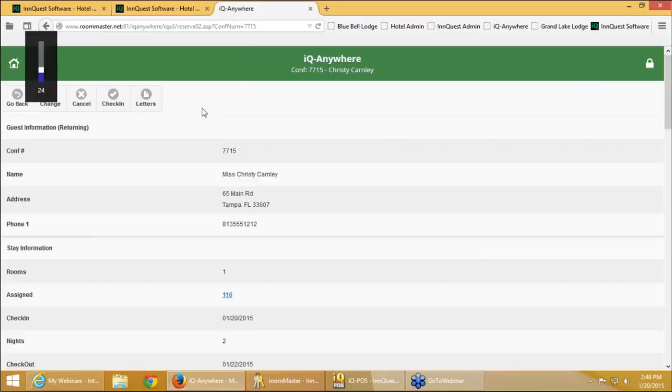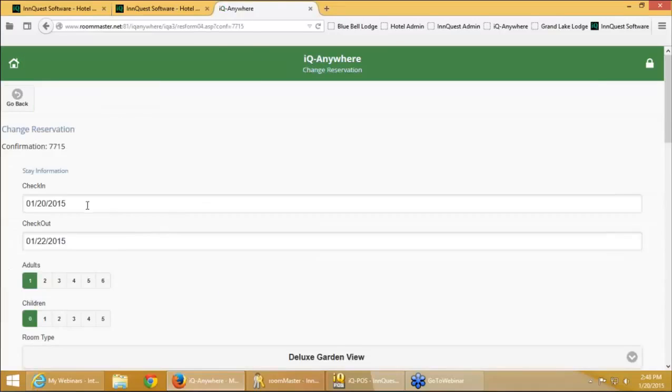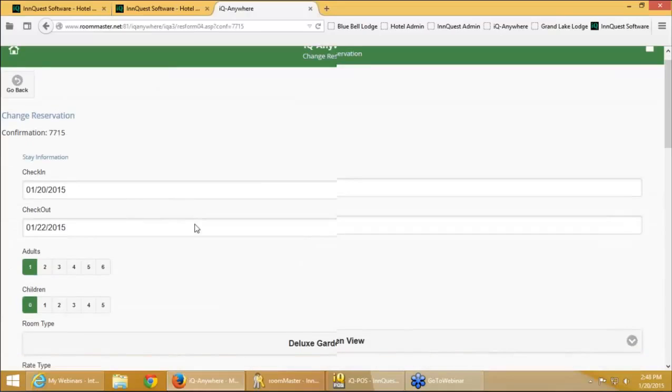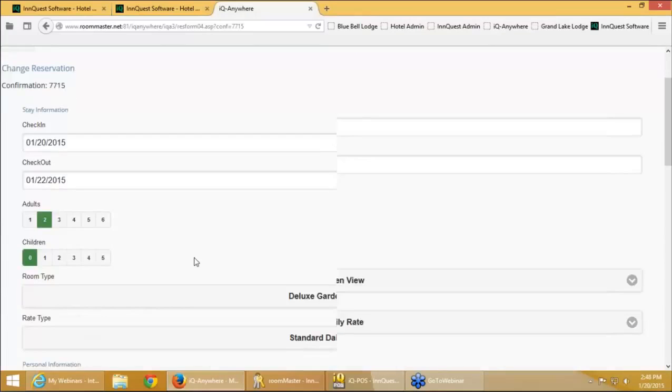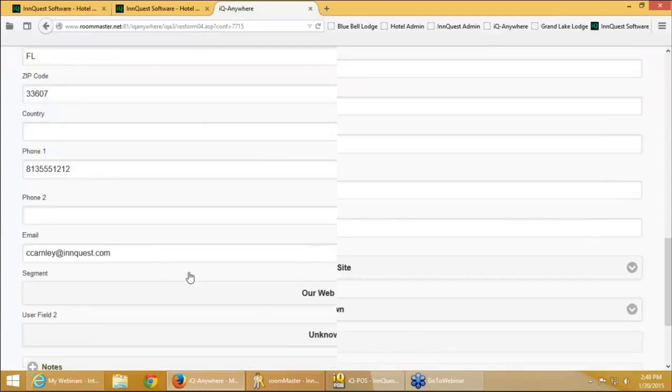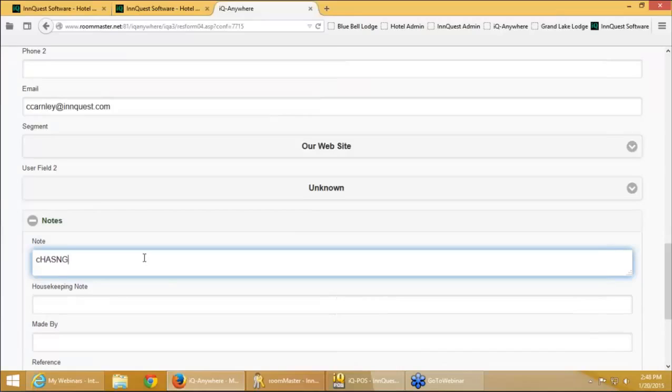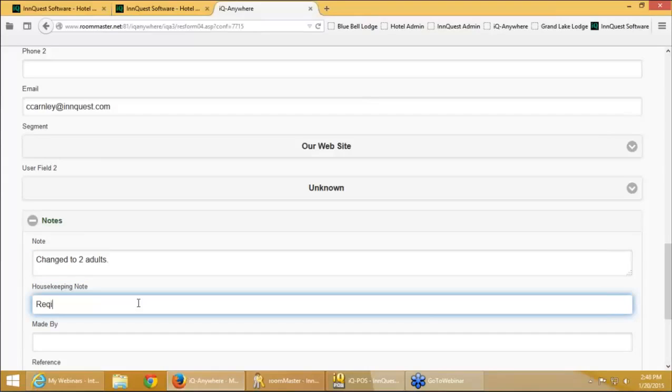So I can take this reservation, hit change, and I'll say no, she was 2 adults, and I can even come down into the notes and I could say changed to 2 adults, got a phone call or whatever. I can put some notes in here. I can even add requires